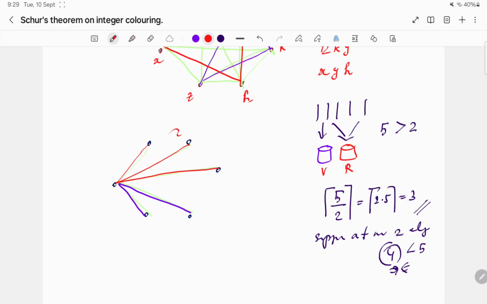Now if there is an edge between here, then I have a triangle, monochromatic triangle, right? This is my triangle. So I block that particular scenario by just putting a violet there. So I blocked that triangle. Also, if there is an edge here, then that also forms a triangle, this triangle. So I don't want that, so I block that also,